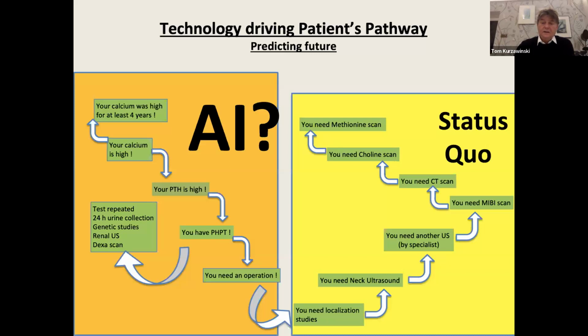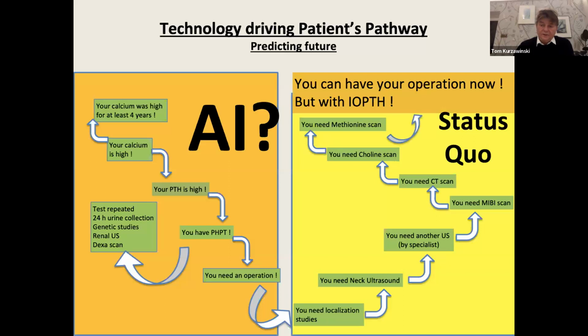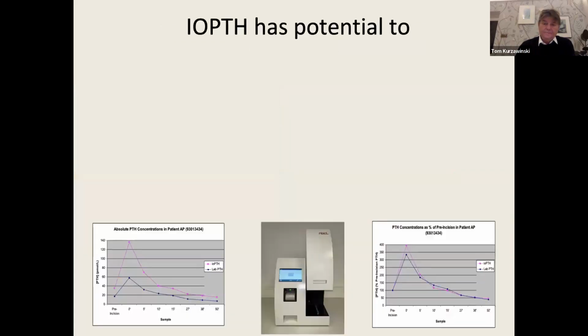And I think that the technology which is actually going to affect it and improve it and make it more cost effective is IOPTH. So I've been doing parathyroid surgery for well over 25 years,